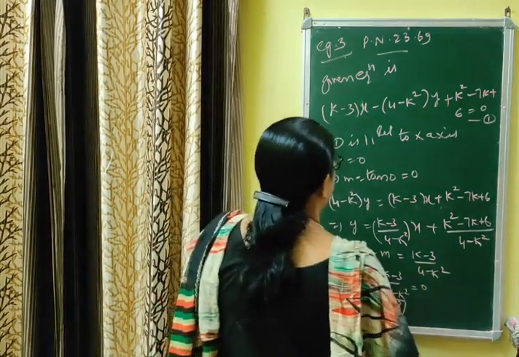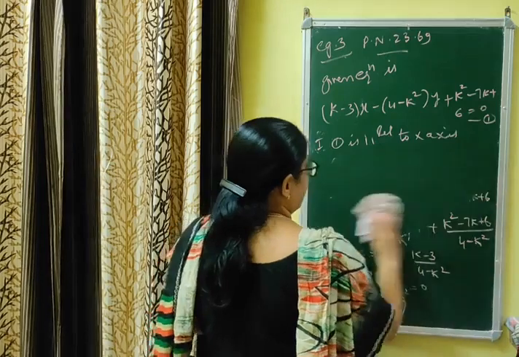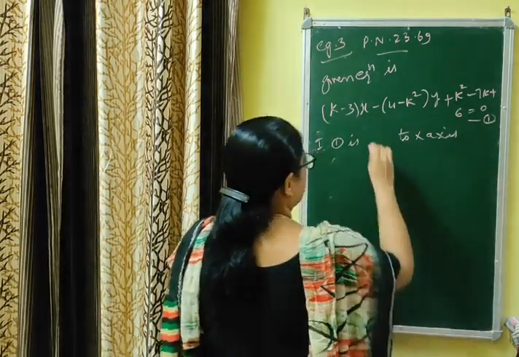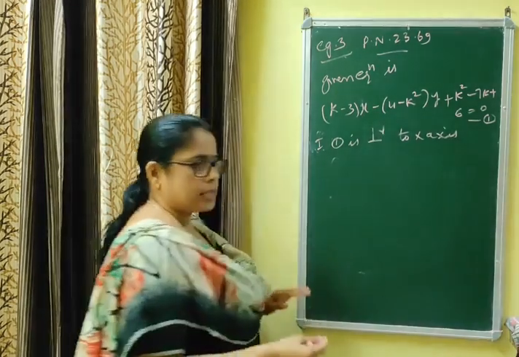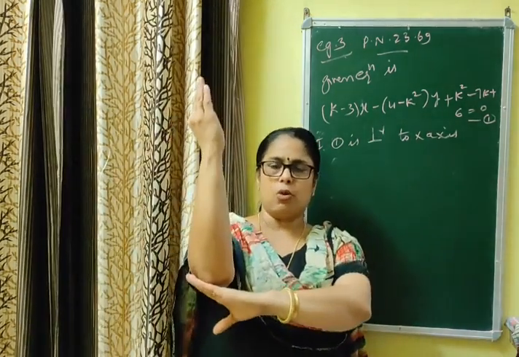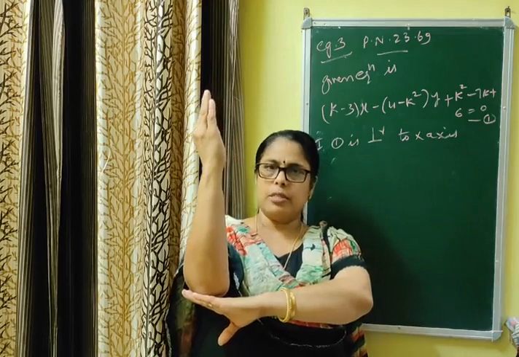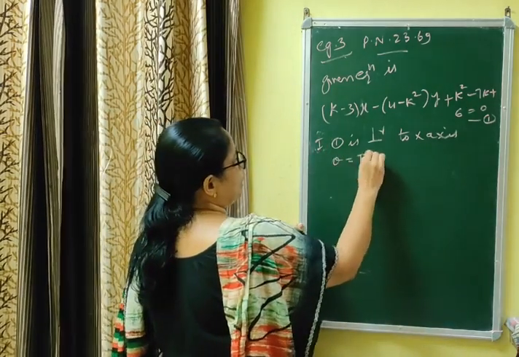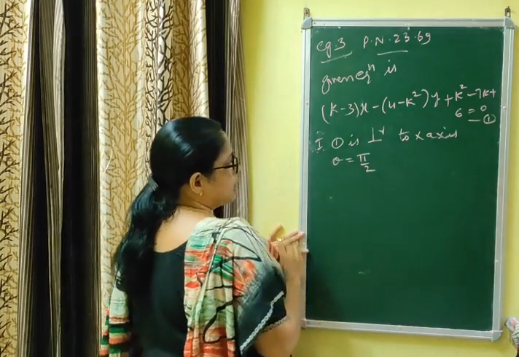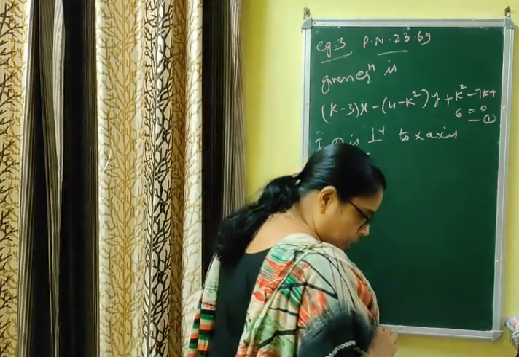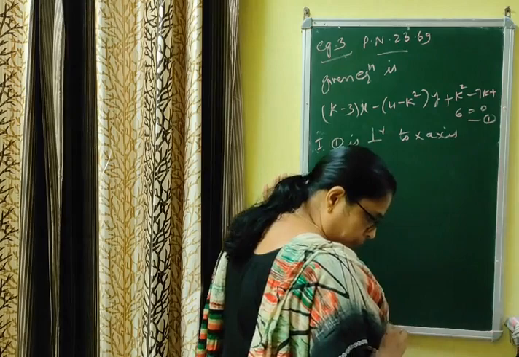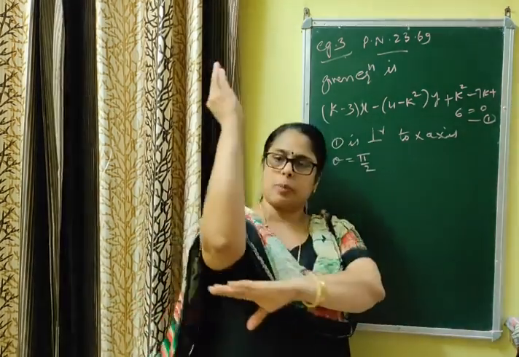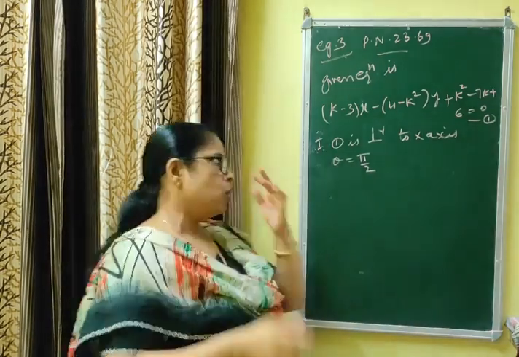Now what is the second part? It is perpendicular to x-axis. Here you have to apply a little concept and logic. The given line is perpendicular to x-axis. The angle between them is pi by 2, that is pi by 2 means 90. Theta equal to pi by 2. Now that means, sorry, parallel to y-axis. You are given parallel to y-axis. Parallel to y-axis means like this. Theta equal to pi by 2.